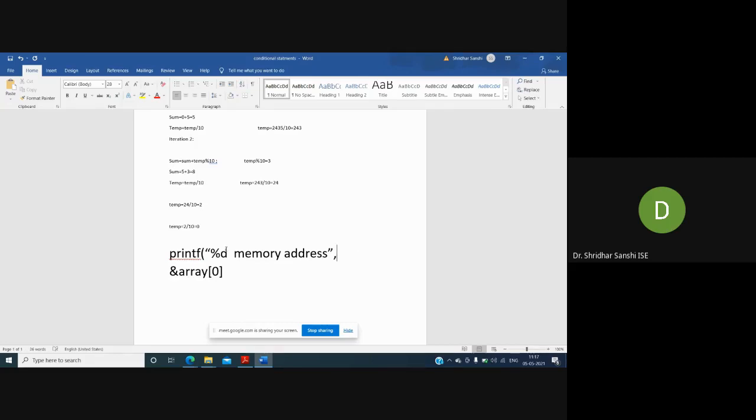I'm using ampersand of array of 0. What will it print? It will print the memory address of this particular array position. The ampersand is used to display the address of this memory location.